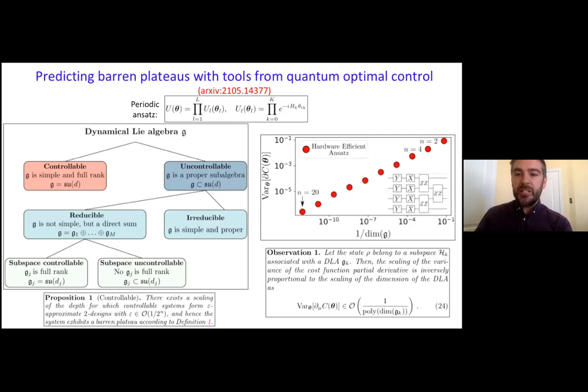So here is a numerical plot of the variance of the partial derivative of the cost function versus 1 over the dimension of G. G is the dynamical Lie algebra. And we found that,